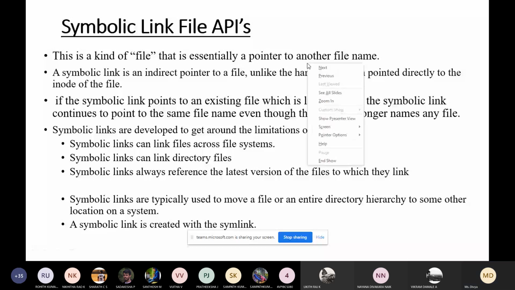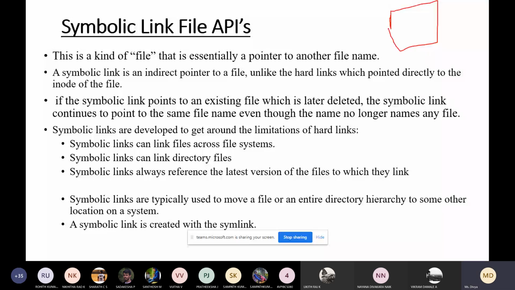For example, assume that there is a file, and when you are performing any read or write or opening the file, when you create a file, there will be a default file descriptor or pointer. This default pointer is what we call a hard link.